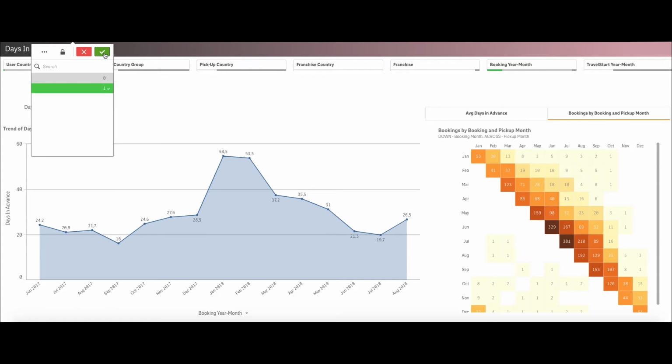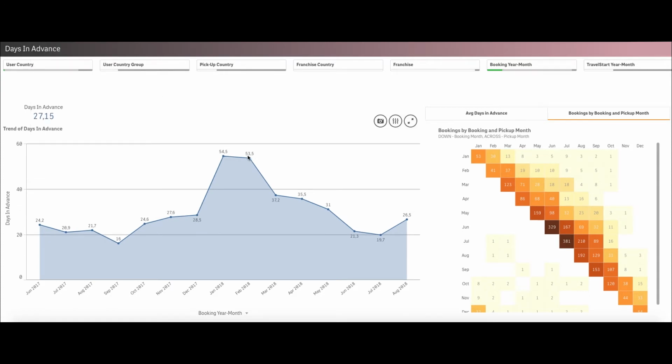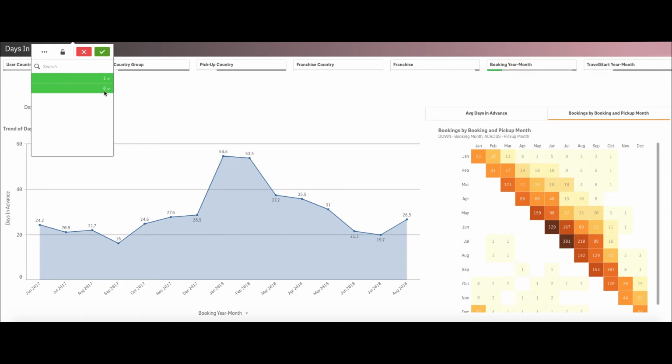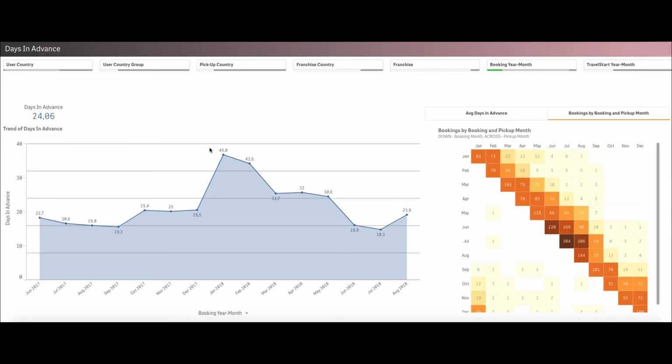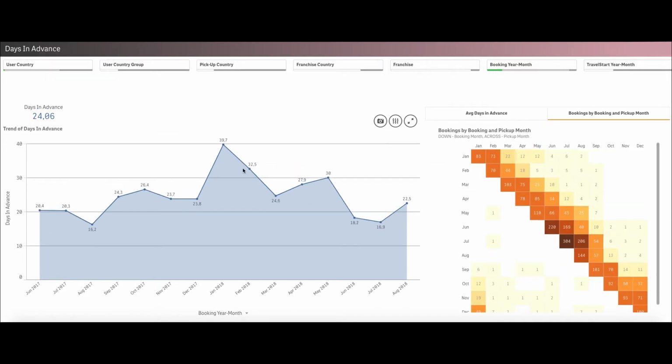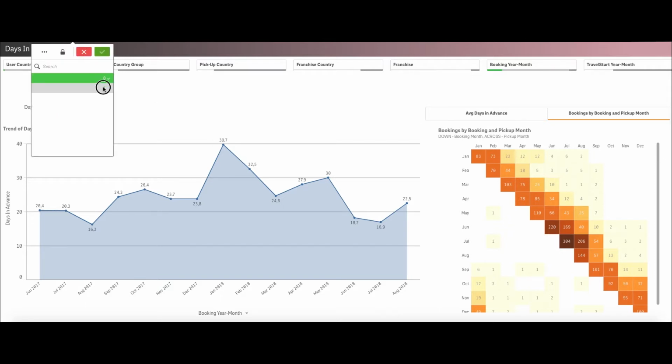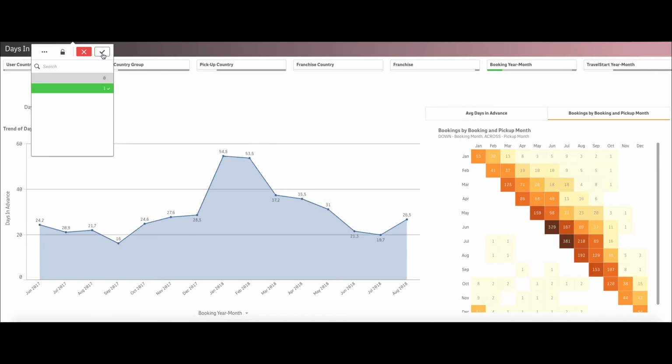I'll select the new customers, and I can see that new customers actually book even more in advance. The metric for booking in advance for January and February jumped to almost 55 days in advance. If I see the same metric for the existing customers, I can see that this booking in advance is much less. So if I return back to the new customers,